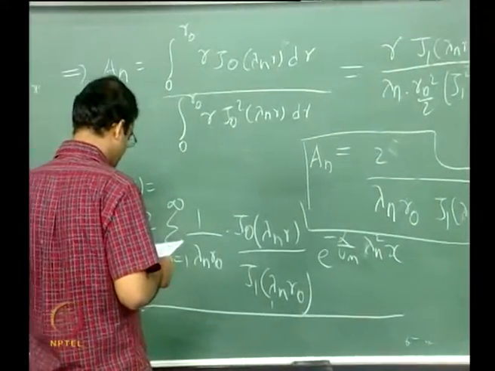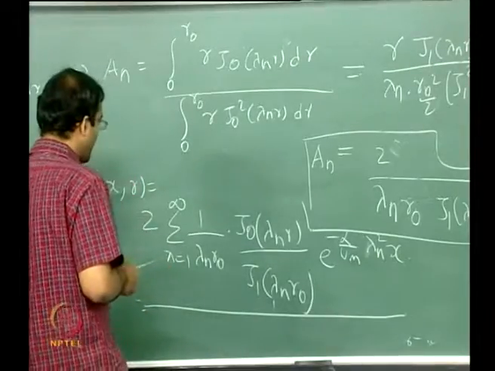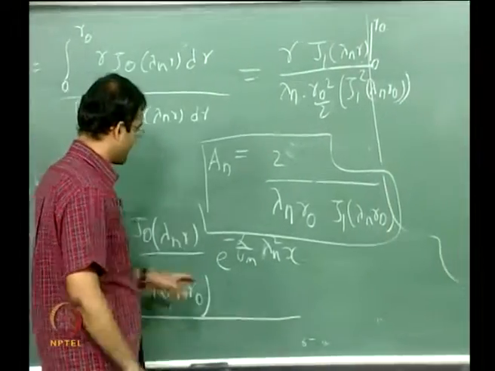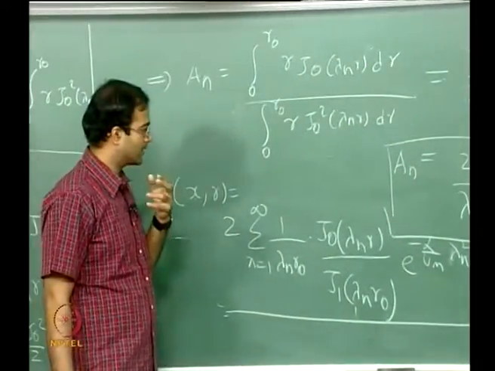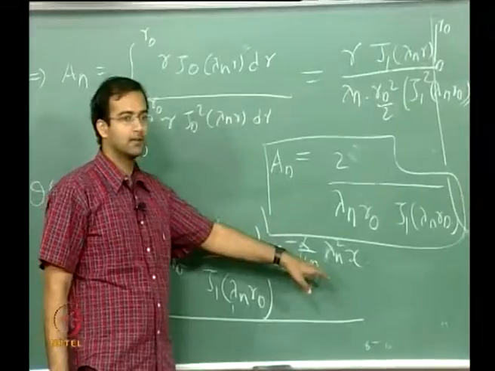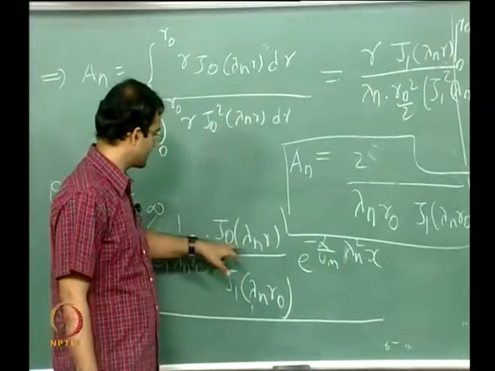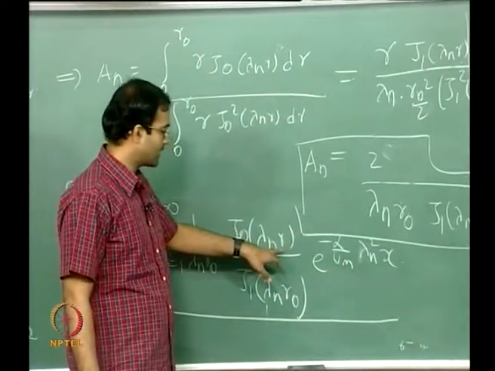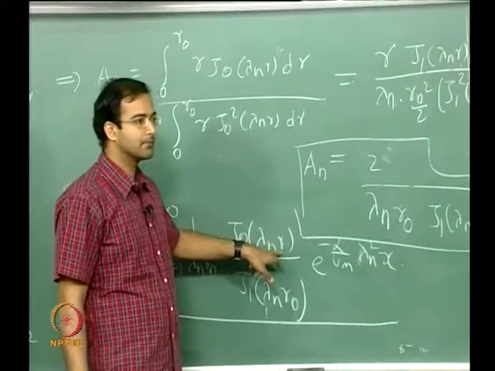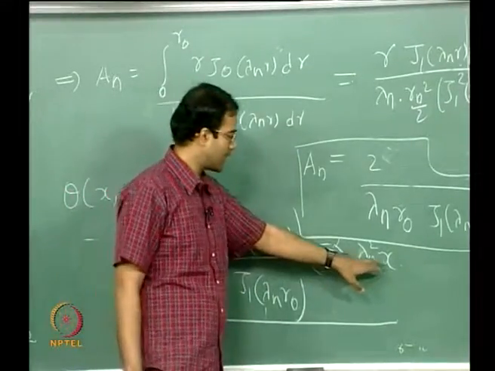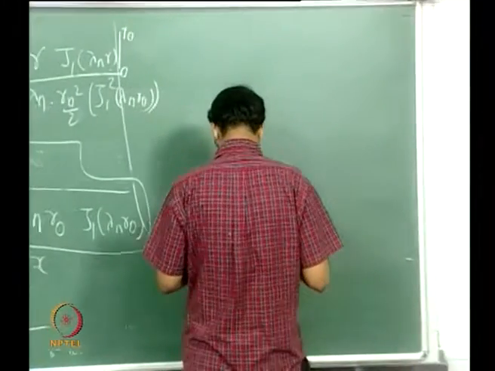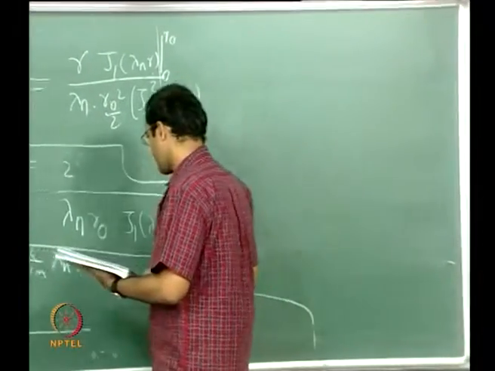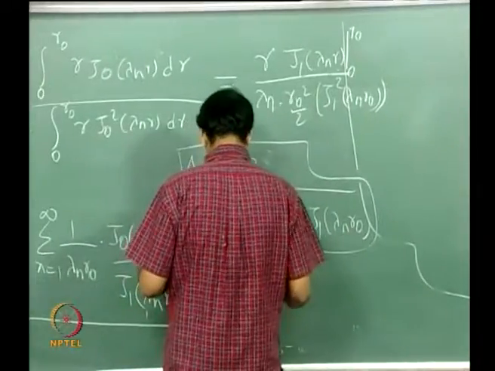What we can do is cast this into a completely non-dimensional representation, so that you do not work in terms of x or lambda, but something like lambda and r. We have already used the notation beta, and even we will non-dimensionalize this term. So how I am going to non-dimensionalize is the following way.